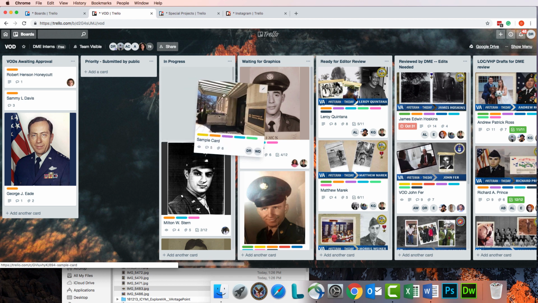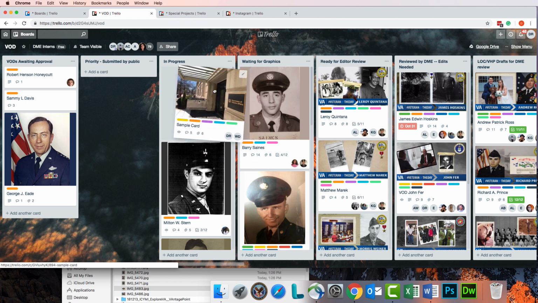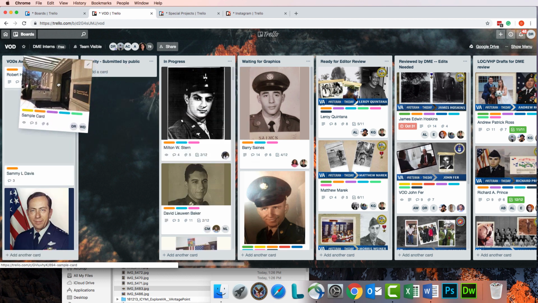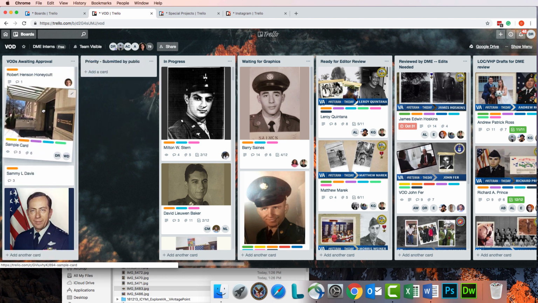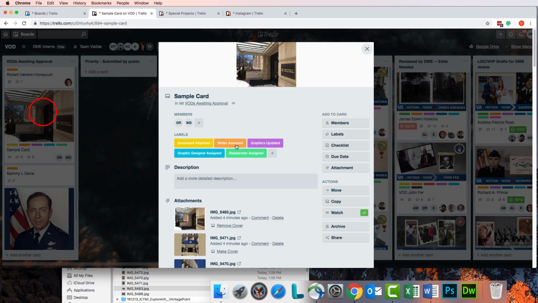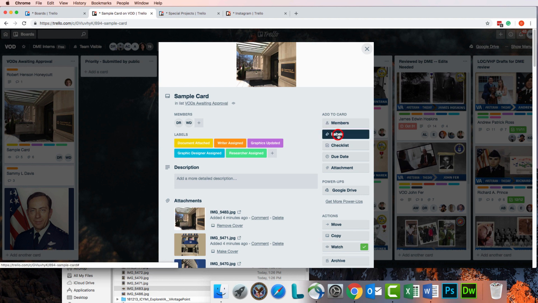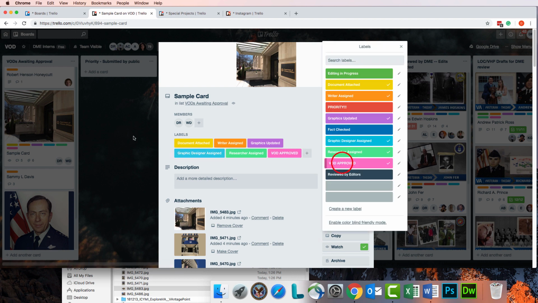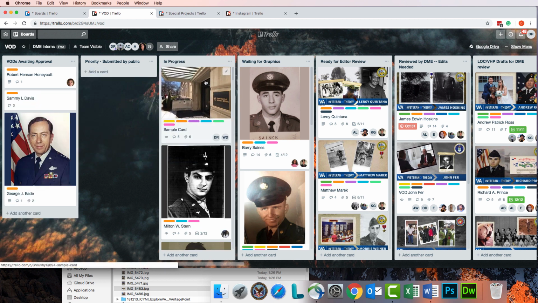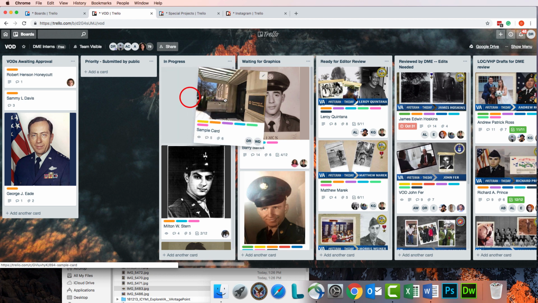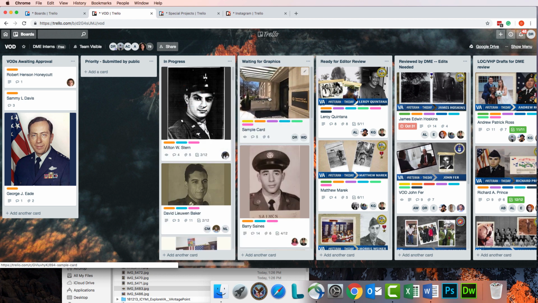You're going to want to have photos on there already. Basically, you might get it submitted by the public, but you still have to submit it for approval. Once it gets approved, it'll have this little pink label on it, and then you can start working on it in progress. And then once you get your document written and attached, if there's no graphic, usually the graphic designers